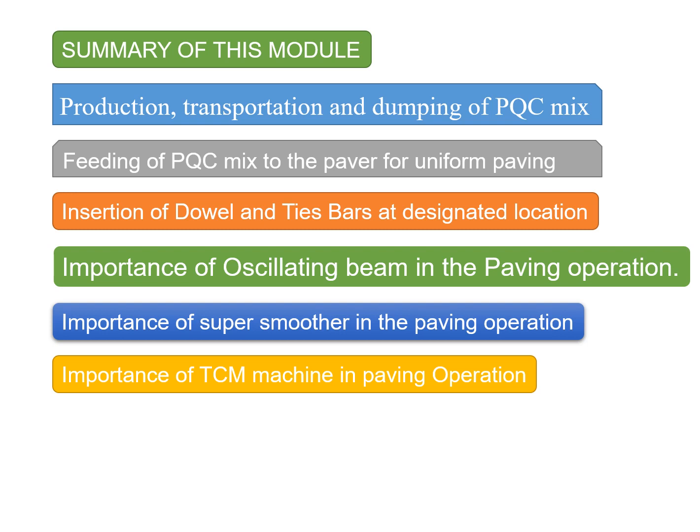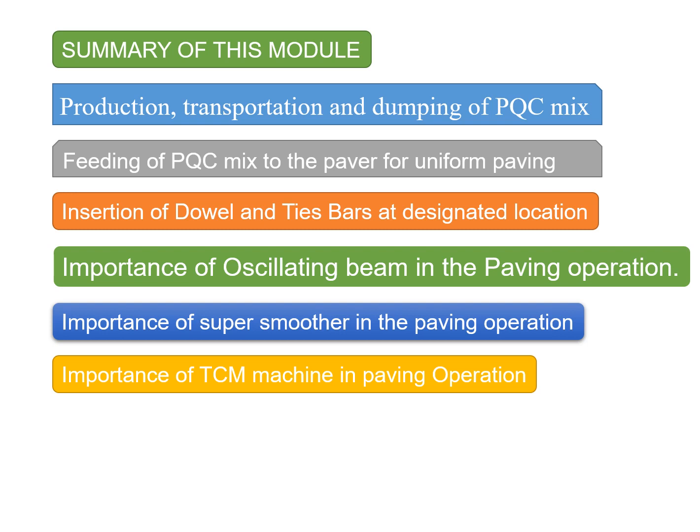Production quantity is basically back calculated based on your paving speed. If you want to keep your paving speed 0.5 in the initial stage, because at least 0.5 meters per minute is required, then based on the 0.5, you need to calculate the quantity required per minute and quantity required per hour, and then based on the quantity required per hour, you need to set your batching plant and so on.